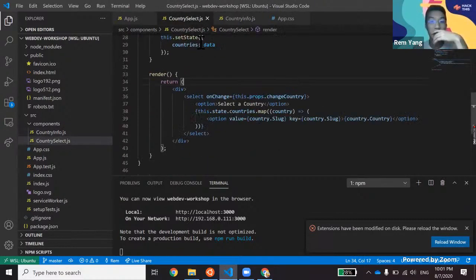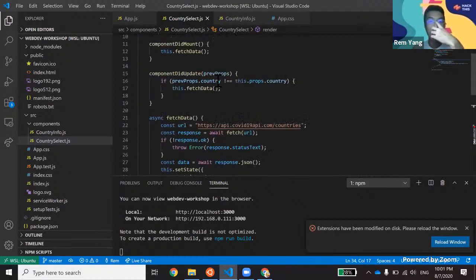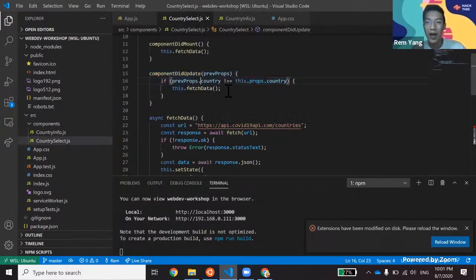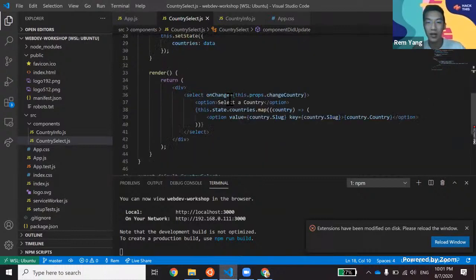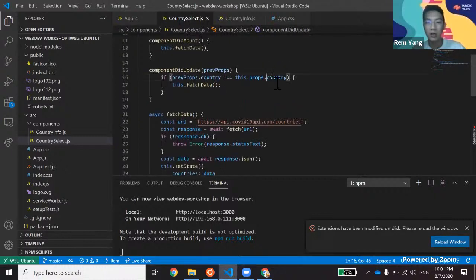Oh my goodness. Sorry. This componentDidUpdate should be in the country info. I'm sorry, because the props passed to country select do not change. So the only props I'm looking at is this change country function, and I guess also this country, but oh sorry, this